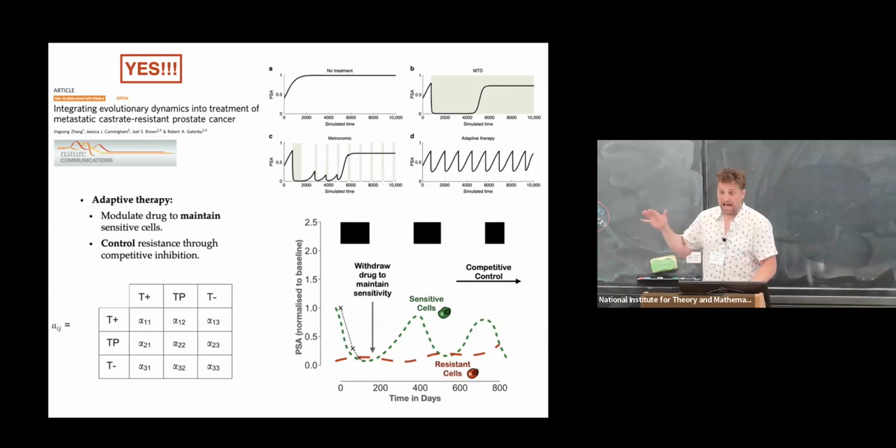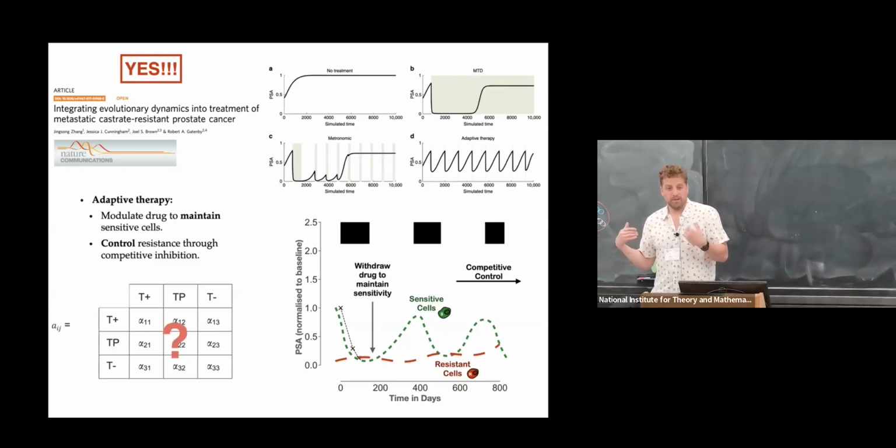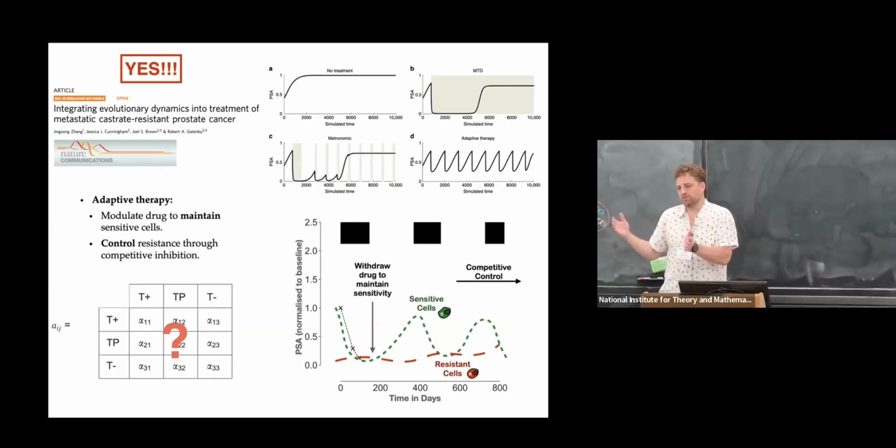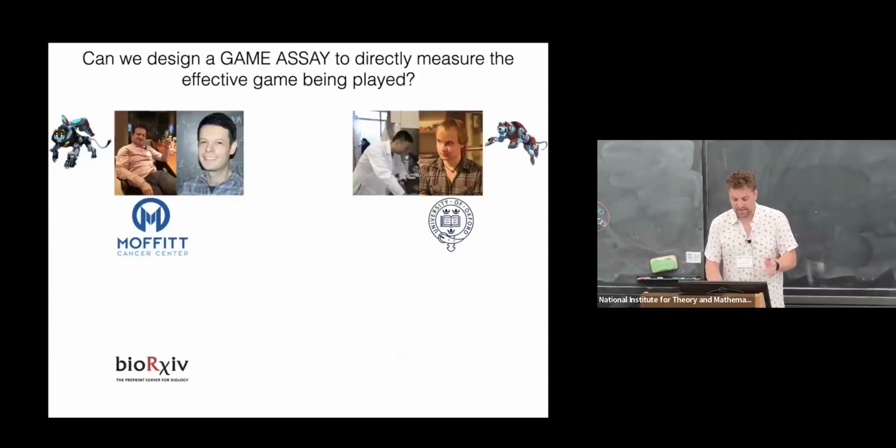But again, it mattered. It worked. But it really depended on what was written down in that matrix, right? Because if you don't know what's there, you can't model the system and you're in trouble. So what we asked was, can we get our hands on those parameters? Can we measure those in some way? So we designed an assay for it, and I'm going to rip quickly through what that assay showed, just because I want to get to the concept. But the idea is, how can I design an assay specifically to measure the parameters of that mathematical model and measure the game being played, if you will.